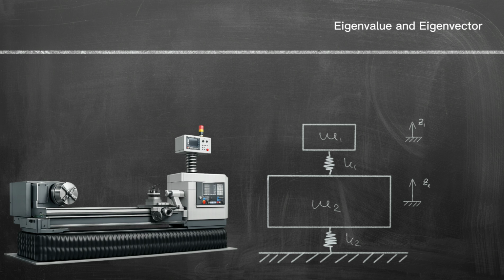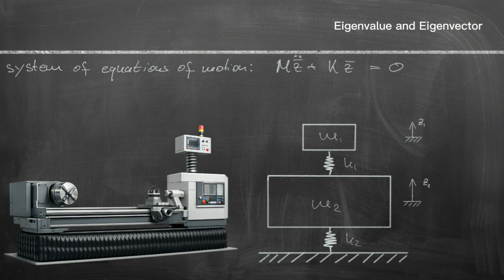Although this machine can produce a complex, overlaid periodic motion, its dynamics can be easily described via modal analysis, where the natural behavior of the system as a whole is described instead of each degree of freedom individually. This is industrial standard and looks as follows. The system is described by its equations of motion, M z double dot plus K z equals 0,